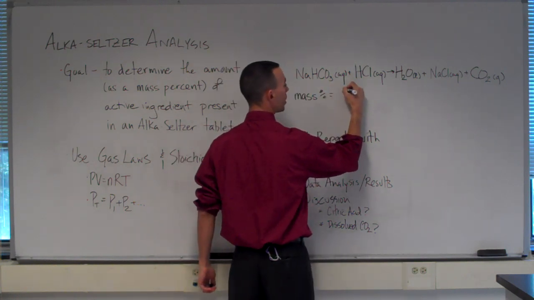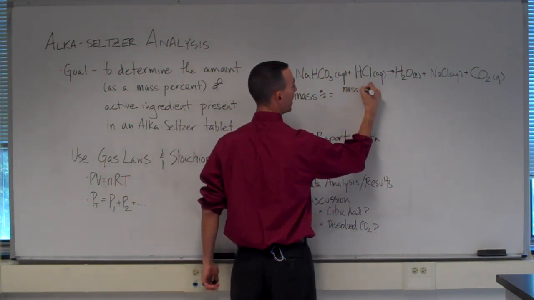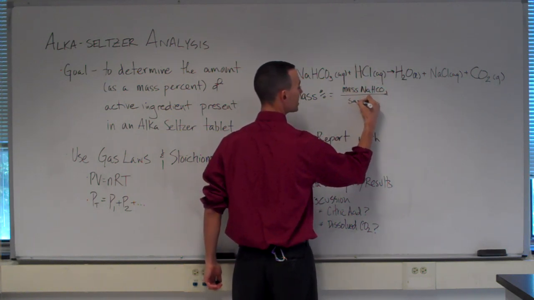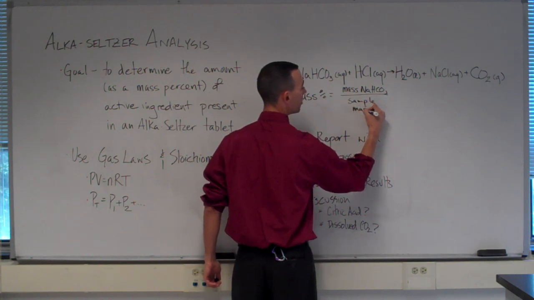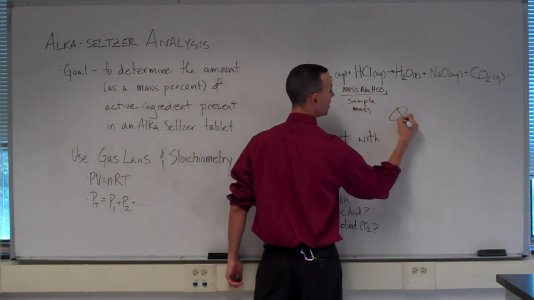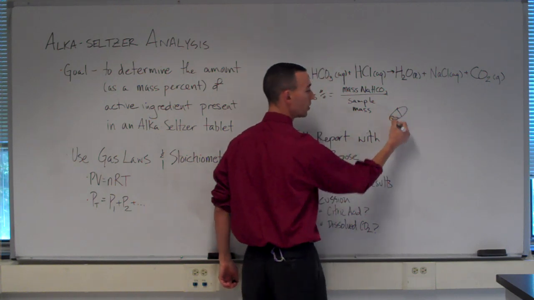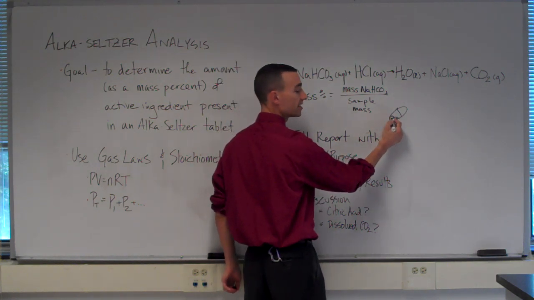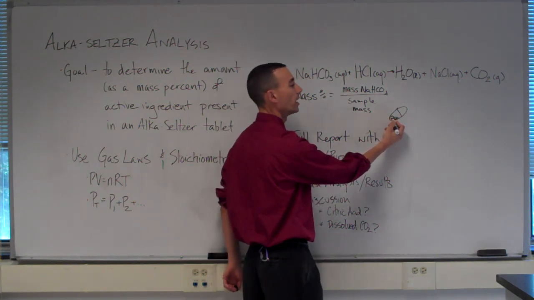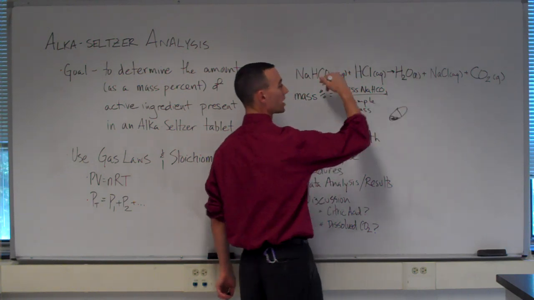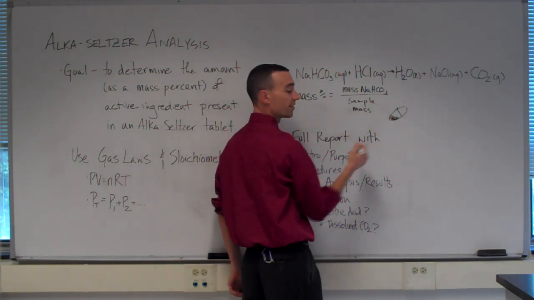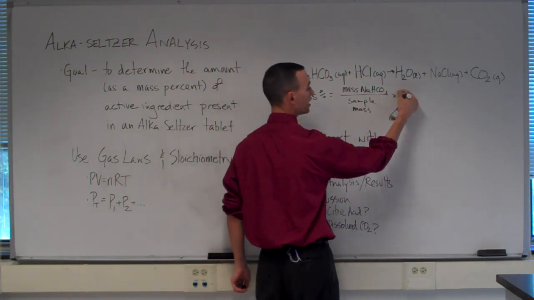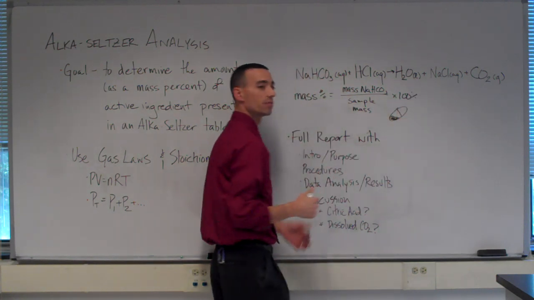I'll take the actual grams or mass of NaHCO3 that I calculated divided by the sample mass. How much was actually in my little gel capsule that you'll have at the start of the experiment. All of this is not sodium bicarbonate. What you calculated via your stoichiometry will be the amount of sodium bicarbonate. So it's the mass of bicarbonate divided by the total mass times 100 that then gives you the mass